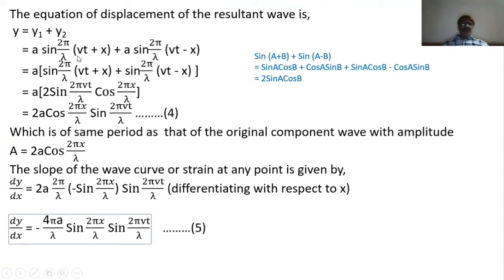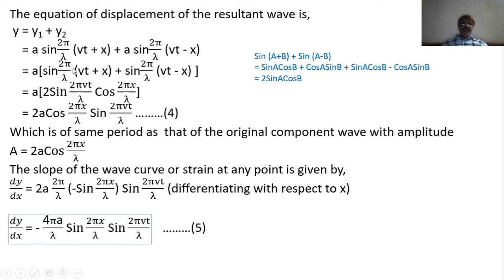If we add these two, we can take a common factor, and in the bracket we will have two sine functions, where one has a positive sign and the other a negative sign. So we can consider it as sine (a plus b) and sine (a minus b). That has been solved here. Sine (a plus b) is equal to sine a cos b plus cos a sine b, and sine (a minus b) is sine a cos b minus cos a sine b. So in this case, cos a sine b will cancel out, and we have 2 sine a cos b.